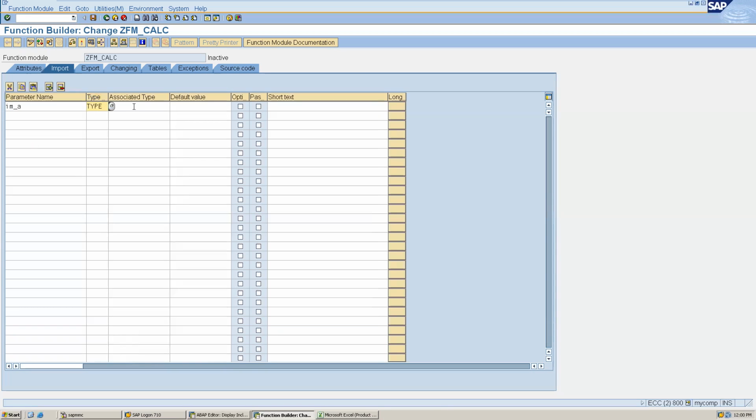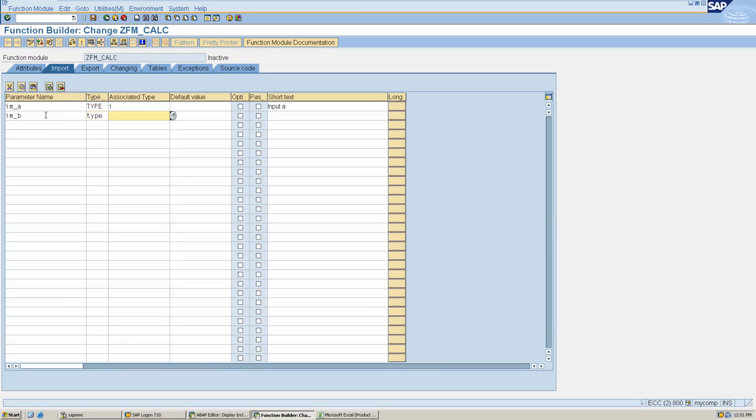We are using type, and the type is I. Any default value? No. This is not optional, it is pass by value. As of now we are not making this optional. Input a. Let me write imb.